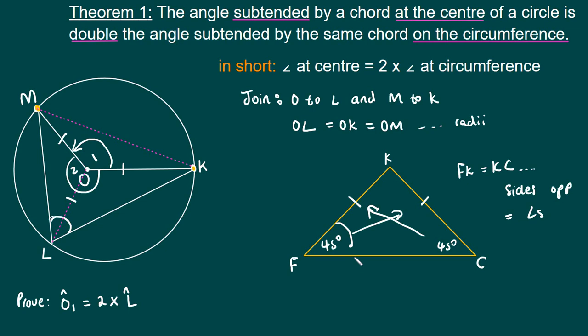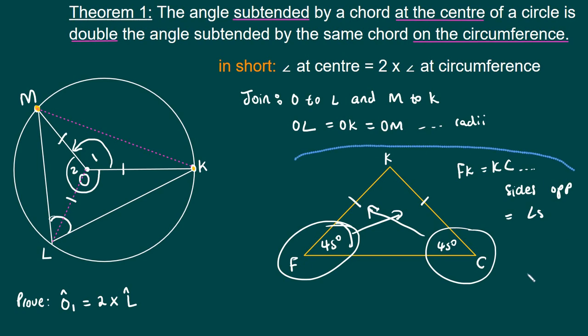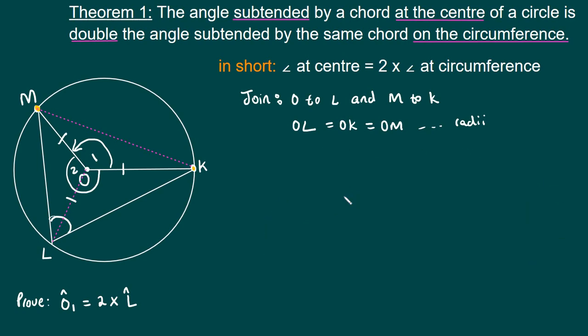This is actually one of the ways of proving that lines are equal. If they ask you in a question in Euclid to say prove that FK is equal to KC, always check that can you not prove that this angle is equal to that. If you have proved those angles are equal, it means the sides should be equal. Okay, but why was I bringing this into the picture? This is because in terms of what we have here, right,